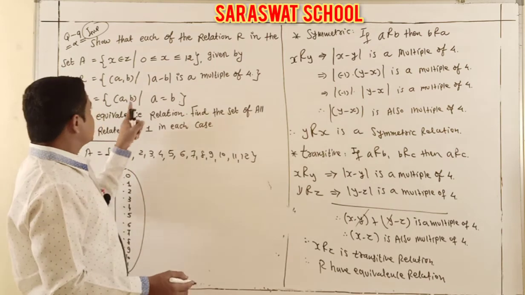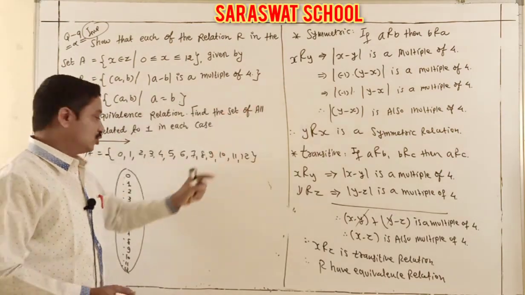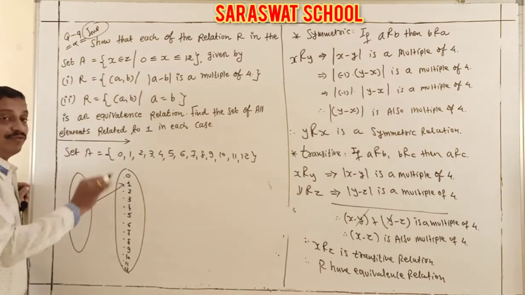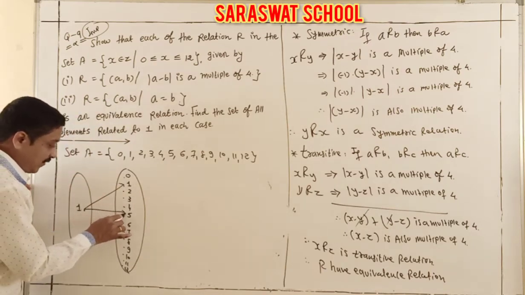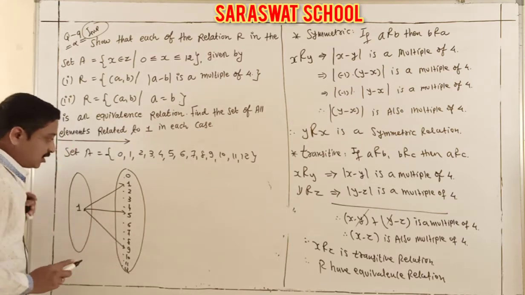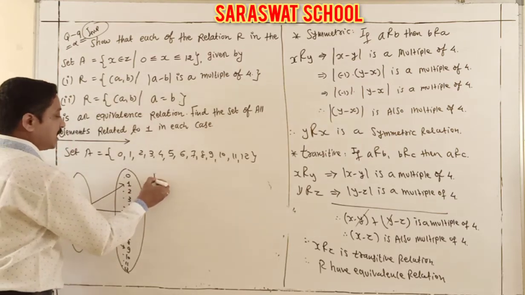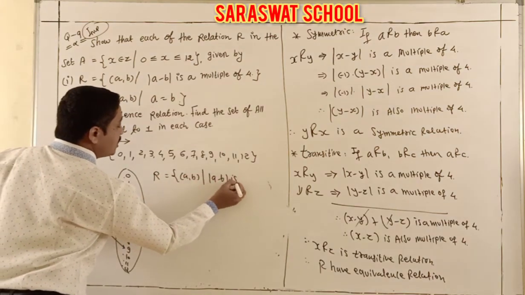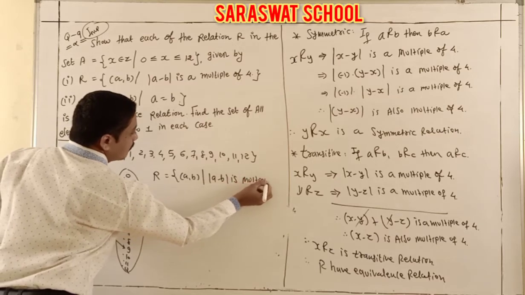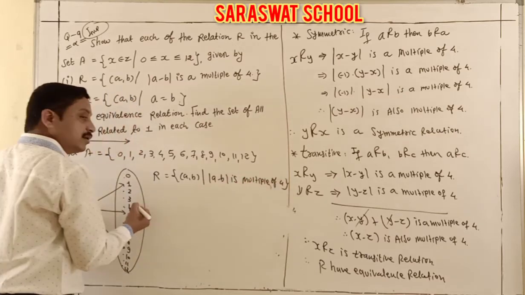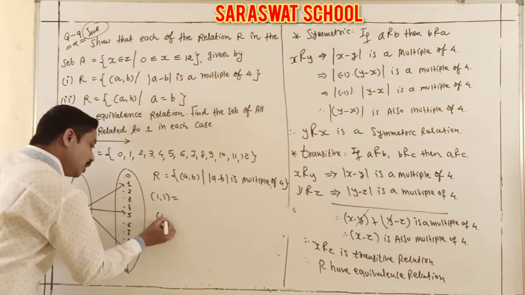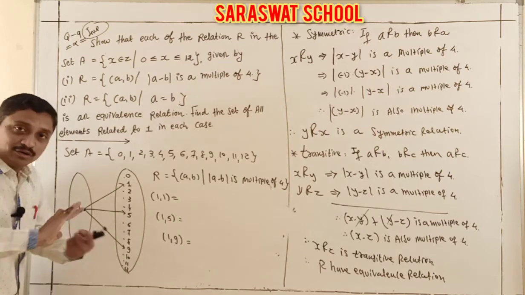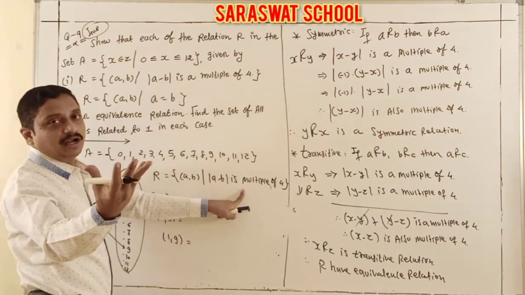So check whether x minus y is a multiple of 4. Here 1 minus 1 is definitely a multiple of 4. I explain to you, next 1 to 5 and next 1 to 9. Others we cannot take, because my relation R is (a, b) such that a minus b is a multiple of 4. Check which numbers belong to your answer: 1, 1, 1, 5 and 1, 9. Other numbers you cannot take, because I want a multiple of 4.